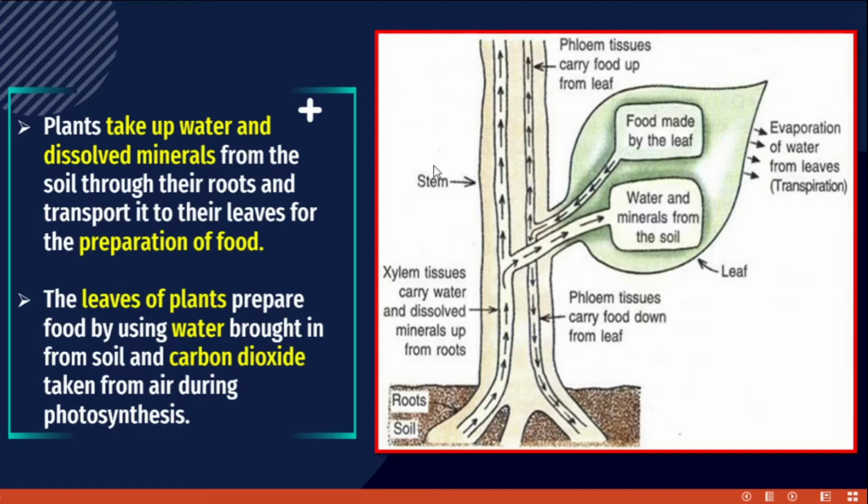Okay, right. Usually, plants collect water from the soil. How? With the help of root hairs. Then the root hairs supply water to the xylem. Then the xylem pulls the water to the entire part of the plant. It's nothing but carrying water from soil to the entire part of the plant. So only by the xylem.